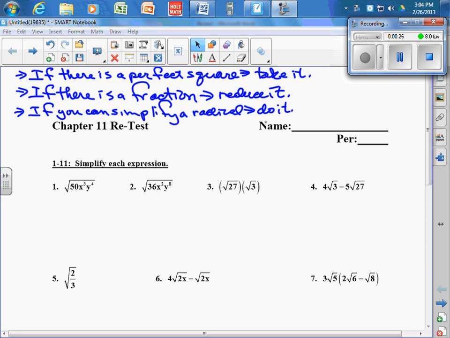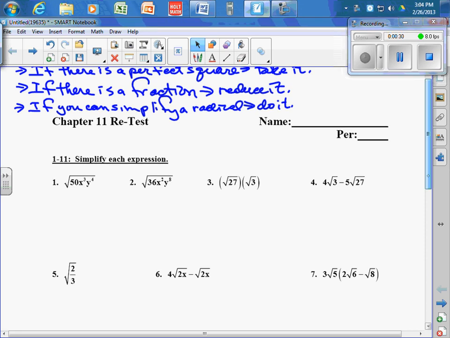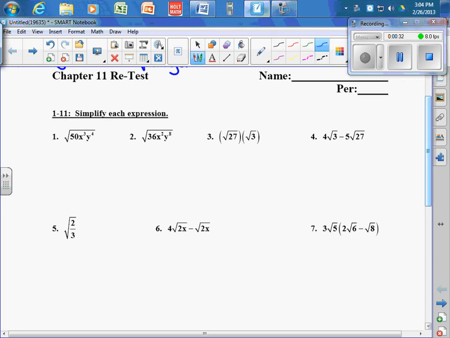Let's look at number one. All we're doing here is simplifying this radical. All right, so radical 50. We've done this enough times. We should know that that's going to be a 5 outside the radical and 2 inside the radical. The x to the third, there's going to be an x outside and there's going to be an x inside. The square root of y to the fourth is y squared, so we're going to have 5x y squared radical